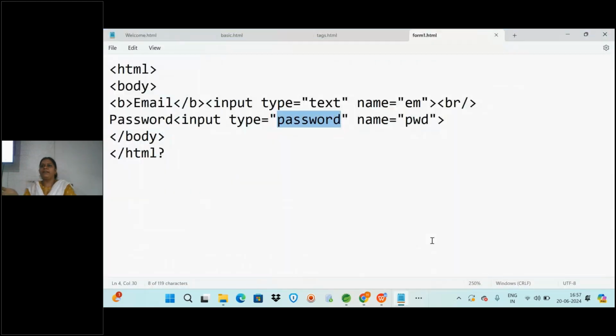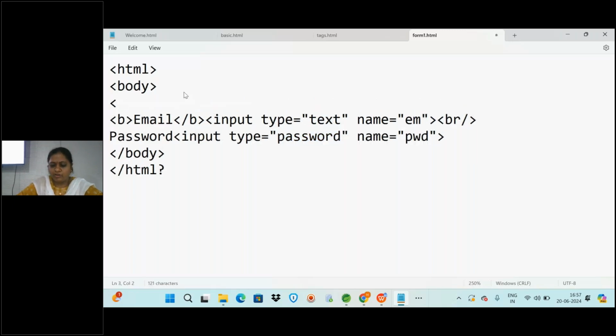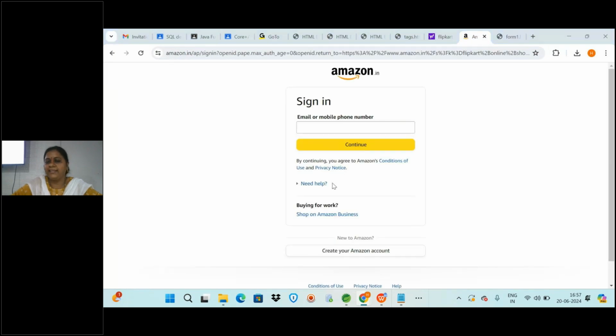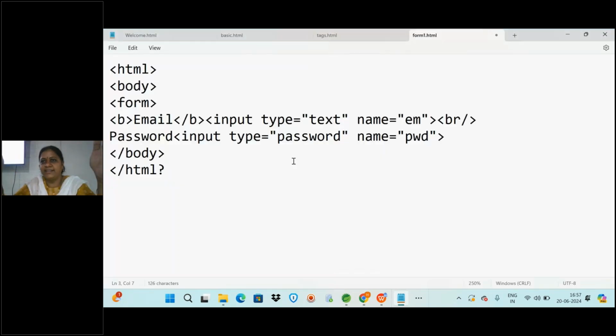So like this you will be developing the forms, because I want to give you just one view of how the forms are created in the web page. So you will be creating one input type and all. See, still it is not in perfect form. You have to use the tag called form and all, which we will be discussing in regular sessions step by step. So just for creating one web page like what you are seeing here, you will be writing text like this. To arrange in the center or in a proper box format, you have to use all those table tags. Finally, you will be developing such a beautiful web page.